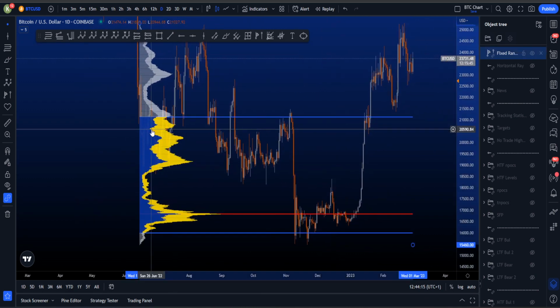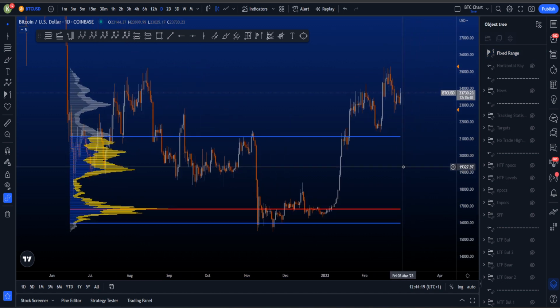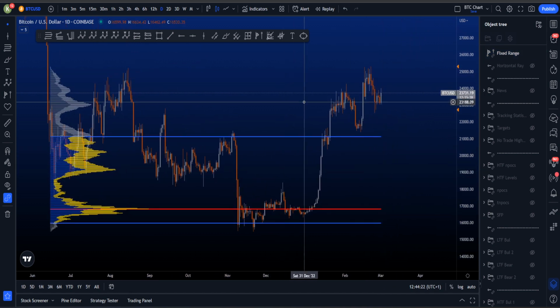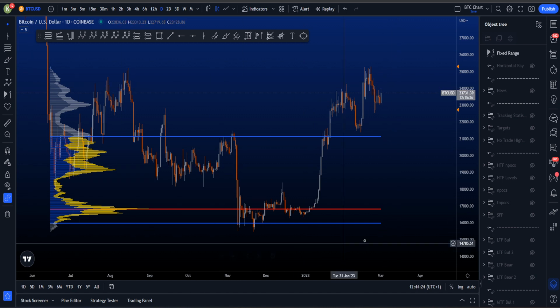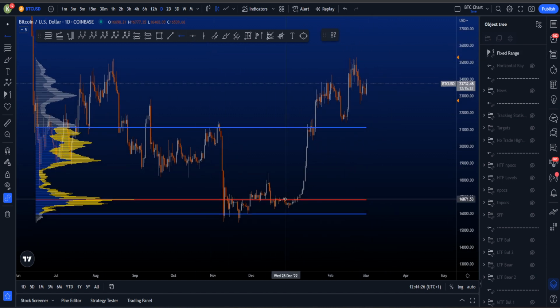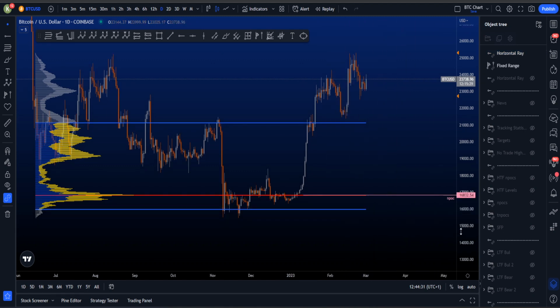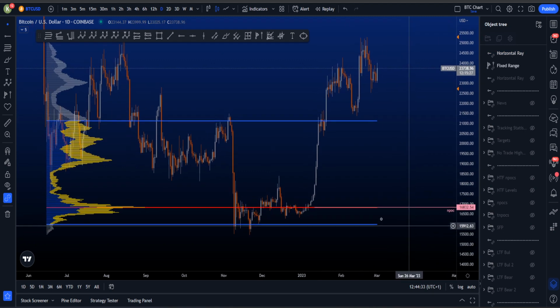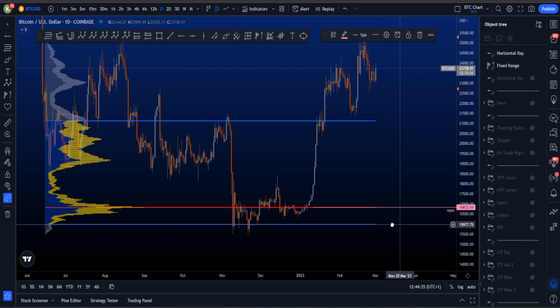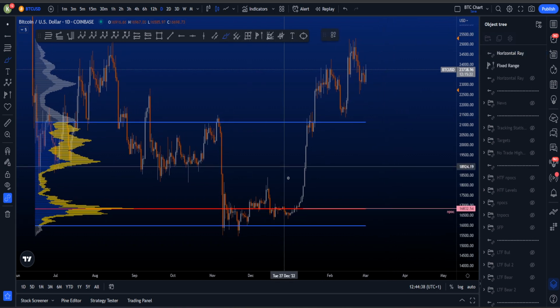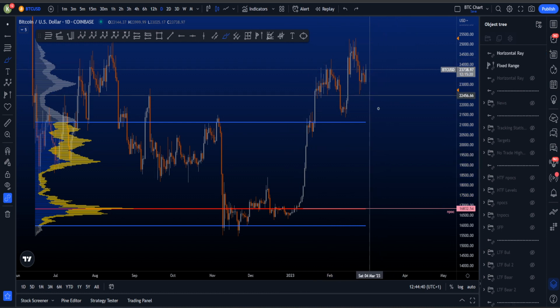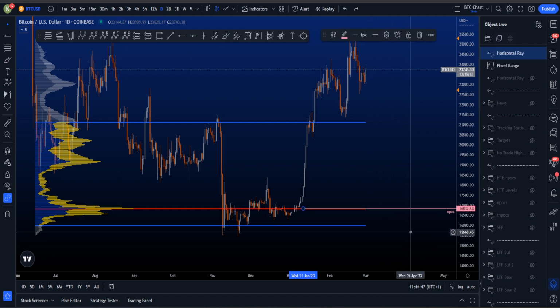And in certain situations you would like to use that, but in this case it's not necessary, so I put it on 300. Now currently we have a range in front of us, and one could say, okay, the range point of control is currently over here. So nice, that's a naked point of control, or you can just call it a point of control. It's currently naked. Why? Because price has moved out of this area, and the moment it comes back, this becomes an interesting level. So it's basically just a point of control, not necessarily the naked, but it will be